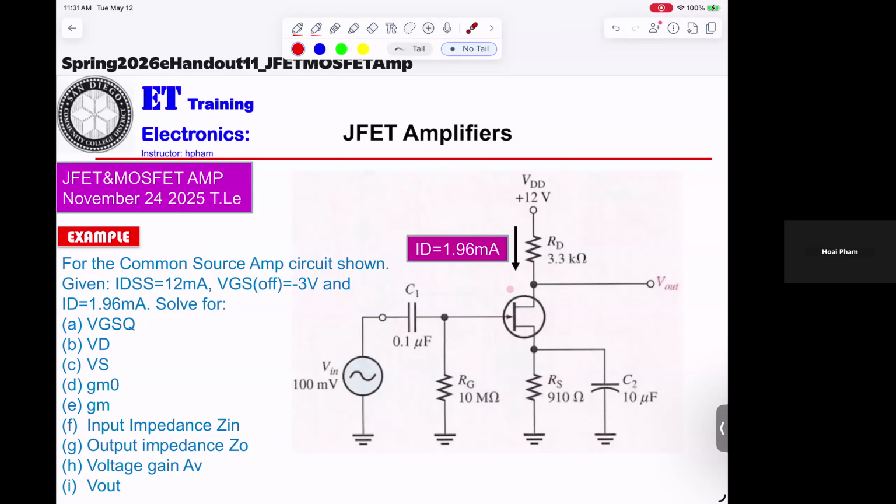The way to build it with JFET can be using fixed bias, self bias, and voltage divider bias. Okay, so on your side, when you're looking into the circuitry, you have to know